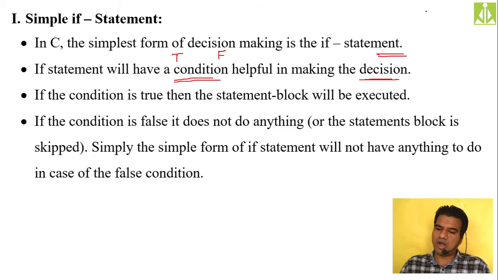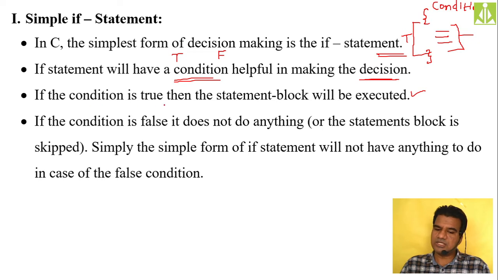We will put a block after this if statement, and if that condition is true, this true block will be evaluated. And if that condition is false, this block will be skipped. In this way, we can make skipping of the statements in our execution. Before this block I'm going to put the condition. If that condition is true, this block will be evaluated, and if this condition is false, this block will be skipped. If the condition is true, then the statement block will be executed.